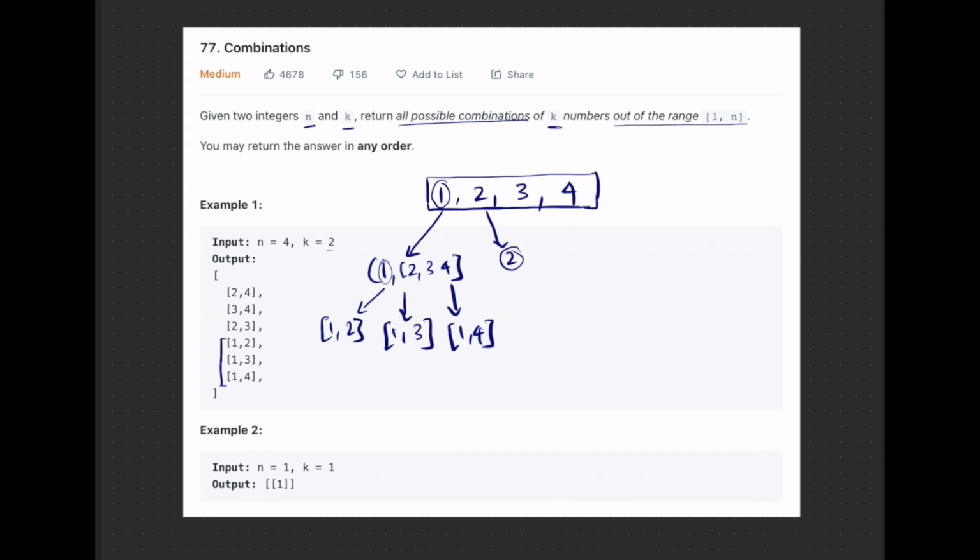I'm just going to do it a little bit farther. If we choose 2, oh no. If we choose 2, that would be 2 with 1, 3, 4, right? So that would yield us 2, 1, 2, 3, and 2, 4. But if you notice, all of the results we have already gotten,